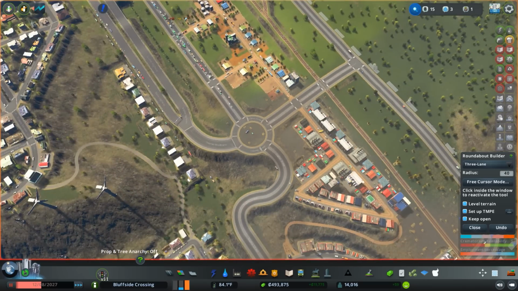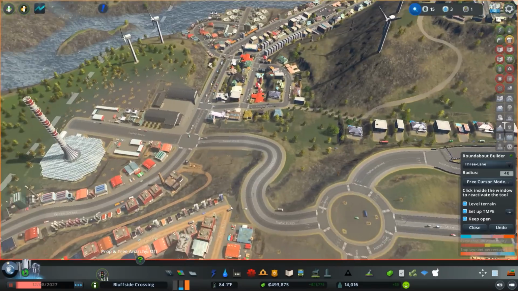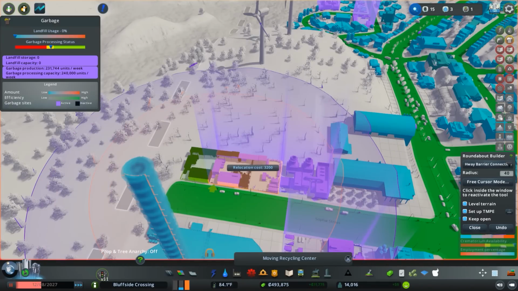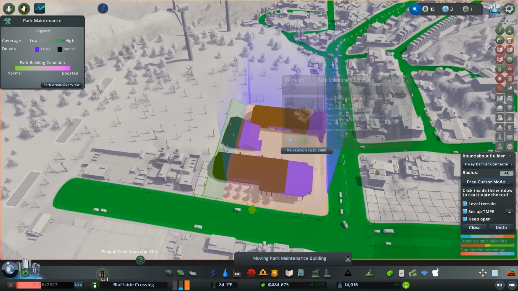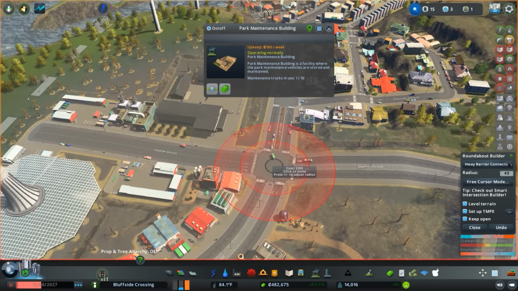And then because I am using mods, I have the ability to be a little more flexible. I think that we're going to try to improve traffic flow generally, and I would like more roundabouts to do so. So I'm in Wisconsin, which is, interestingly enough,